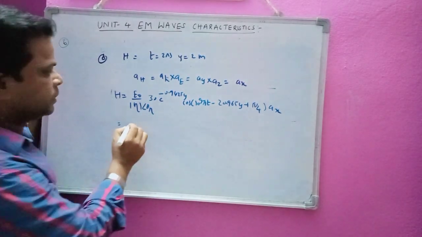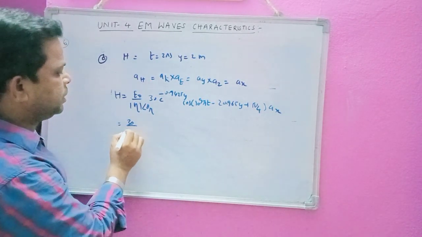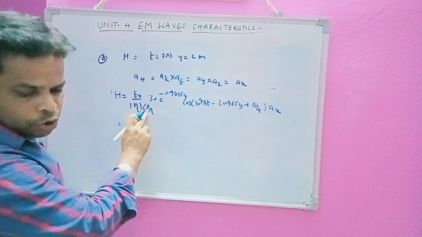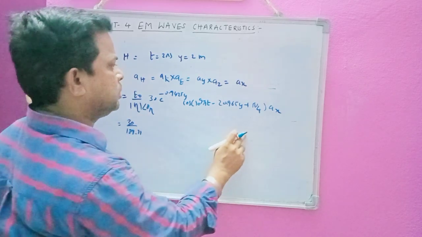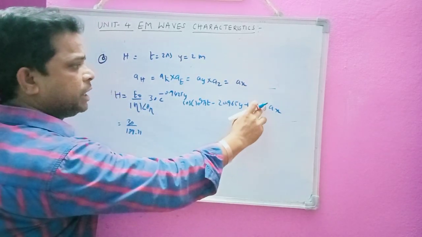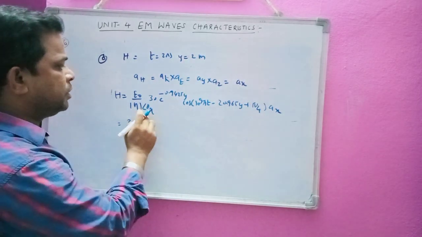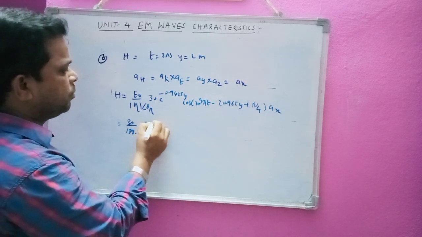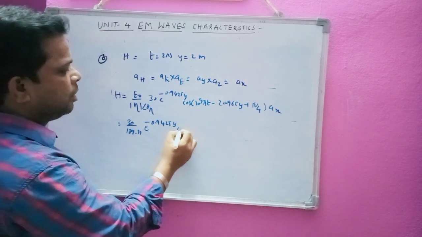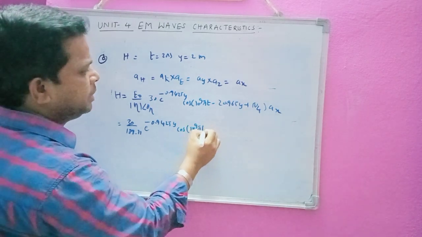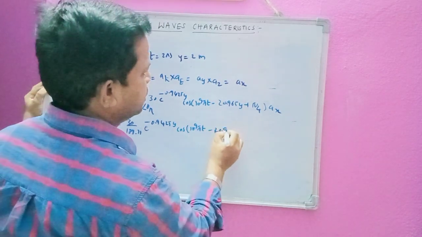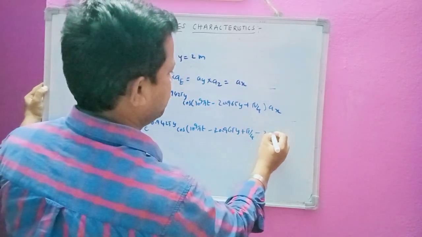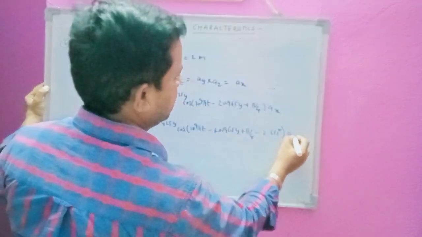We got 30 by eta naught is 188.11. If I substitute eta is equal to 2.571, and we take this in exponential form, it will take this place here, that is minus of that one. Why? Because if this value goes to the numerator, it will change to minus here. E power minus 0.9425 y cos of 10 power of 9 pi t minus 20.965 y plus pi by 4 minus 2.561 degrees into AX.